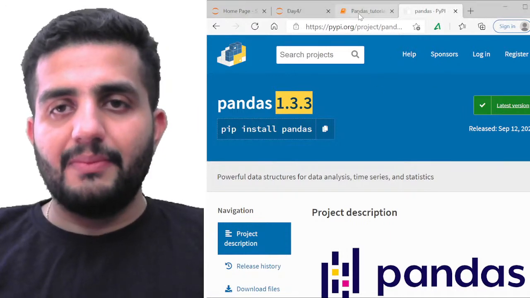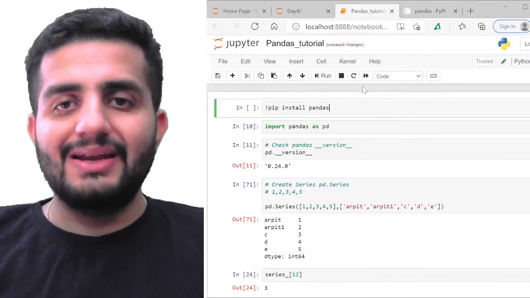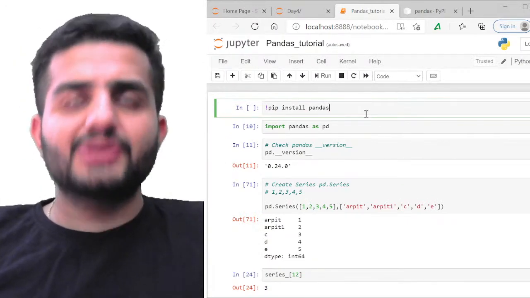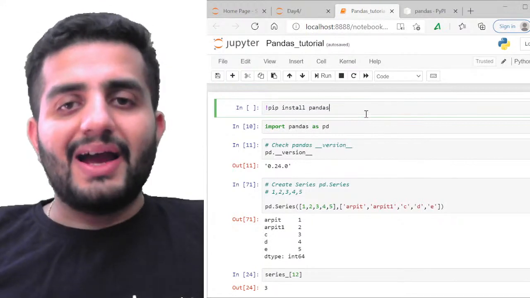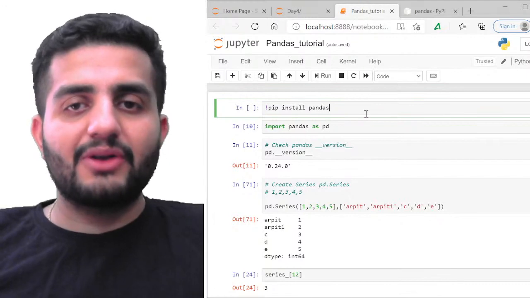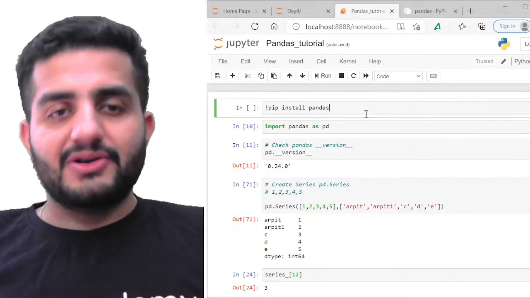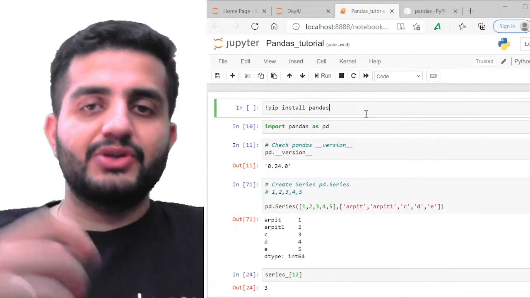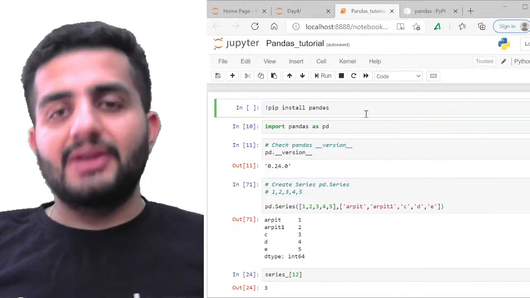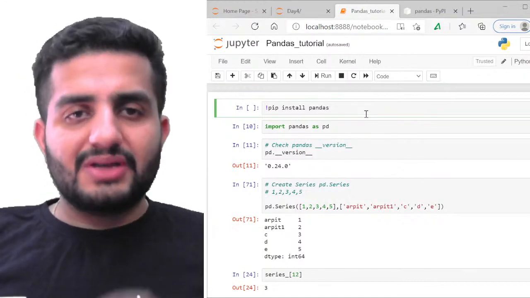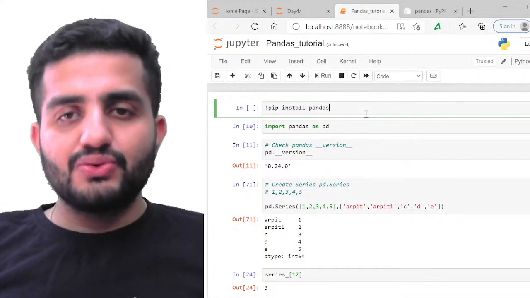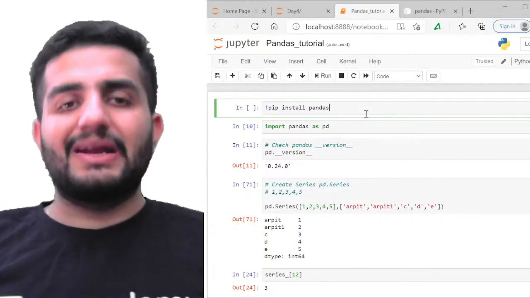But again, it depends. I would highly recommend that whenever you go for any higher version or the latest version of Pandas or any such libraries, there are high chances that it might not be compatible with your Python version, or with other library functions, because Pandas is not the only library you're going to be using. You'll be using n number of other libraries as well. So the compatibility has to be there. It's always advisable to stick to a lower version to have the compatibility issues sorted with other libraries, or maybe the Python versions also.